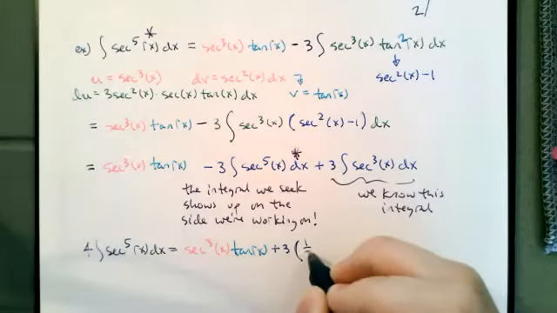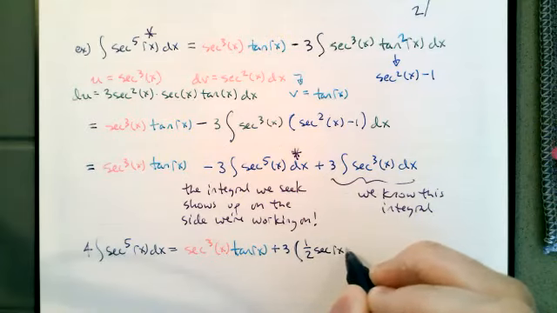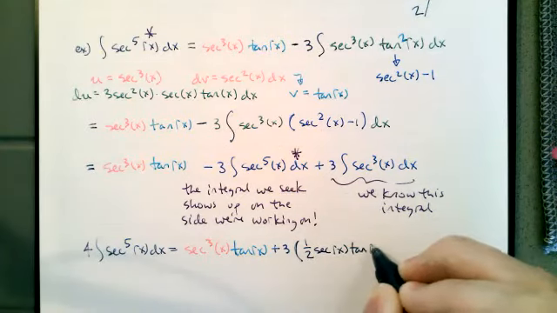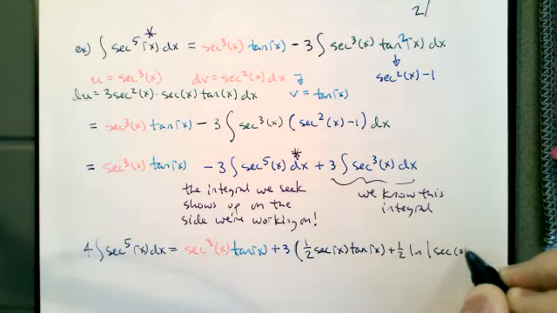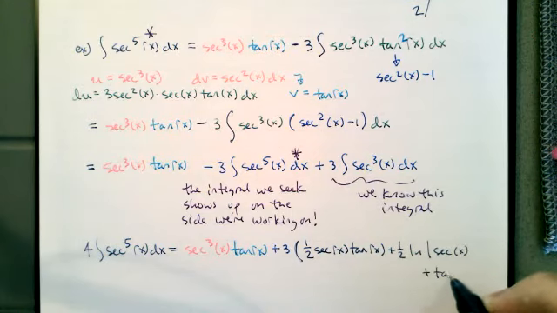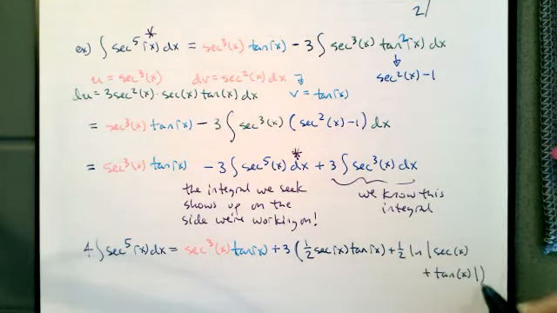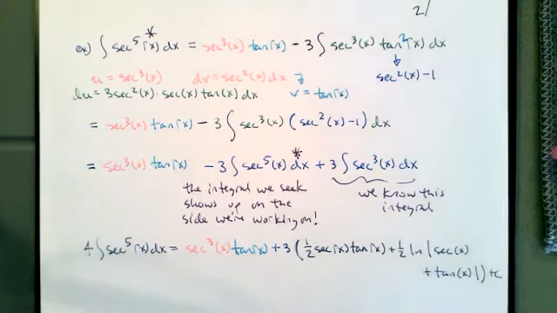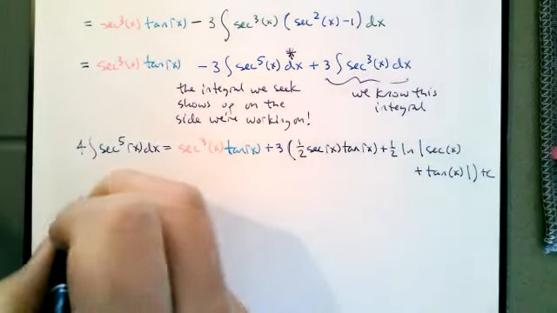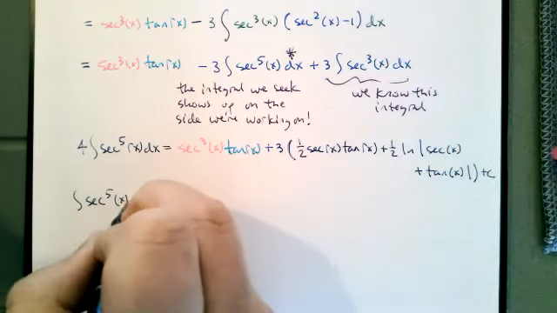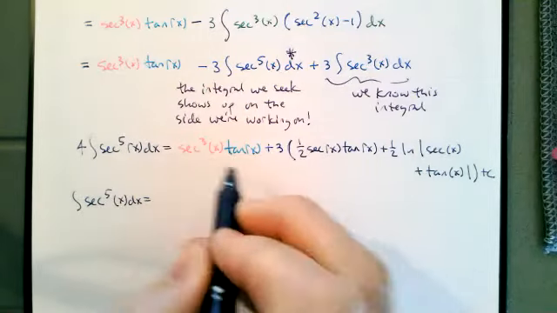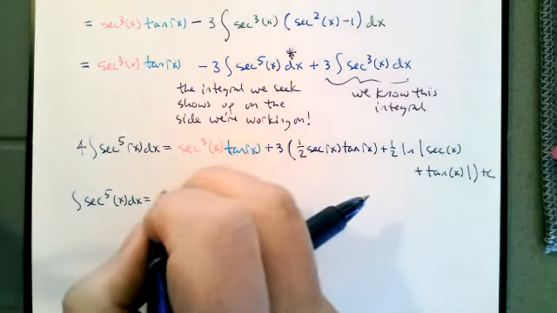So I'll have a 1/2 secant tangent plus a 1/2 natural log of absolute value of secant x. I knew I wasn't going to fit it all. Dang it. Tangent x plus c. Then all we have to do is divide by 4 to get the secant to the fifth. So the integral of secant to the fifth x dx is 1/4 secant cubed tangent